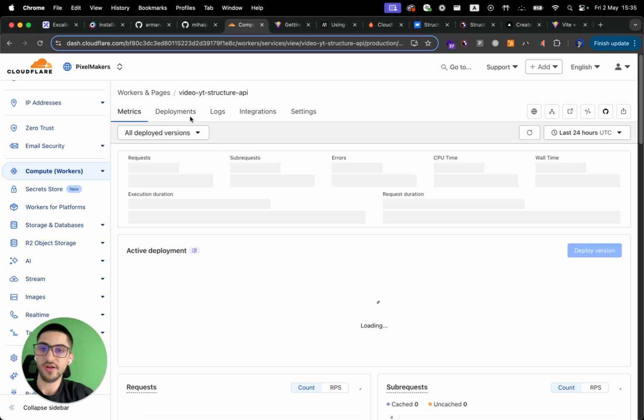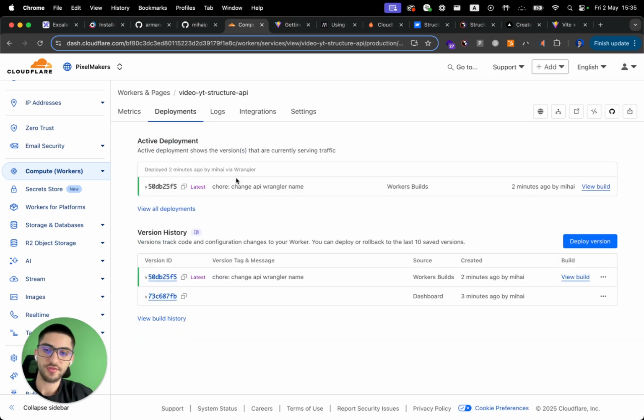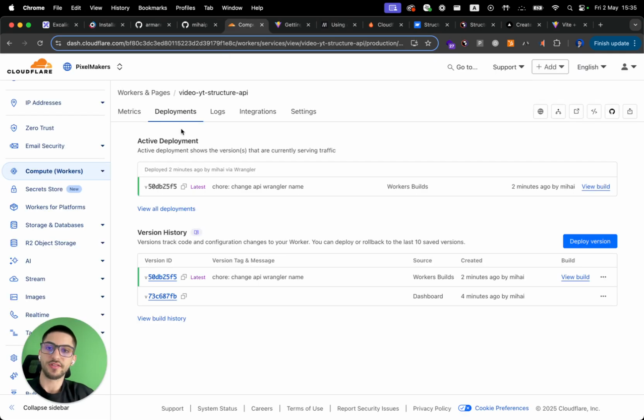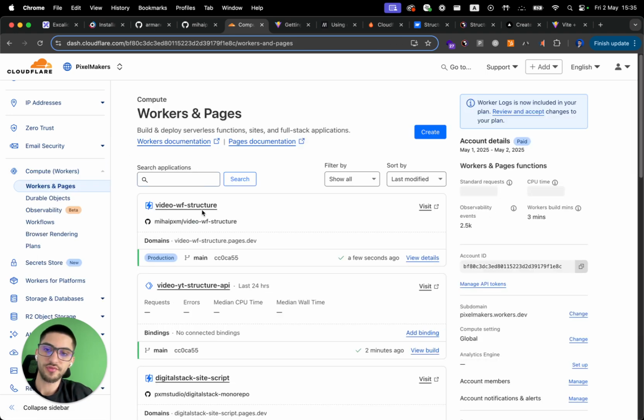We see that the API also deployed successfully. So if I check deployments, actually if I click on this button here, I see that I get a random number every time I refresh this. Perfect. So now if I go to workers and I'll check this